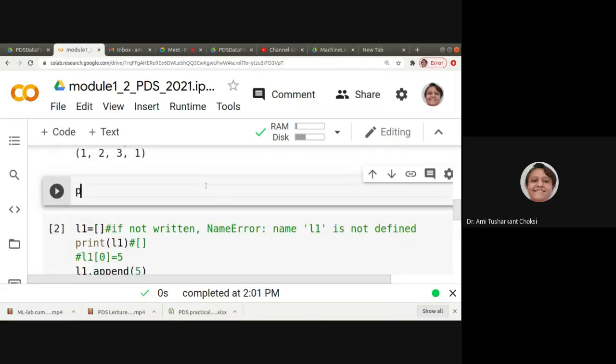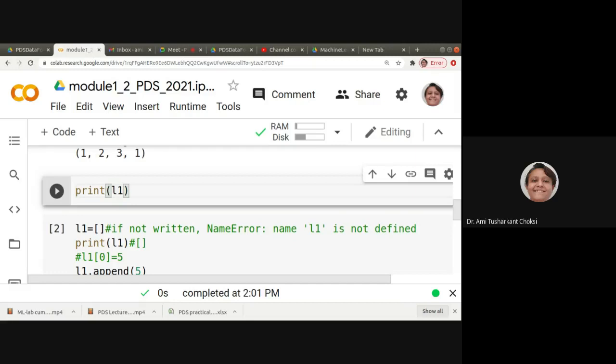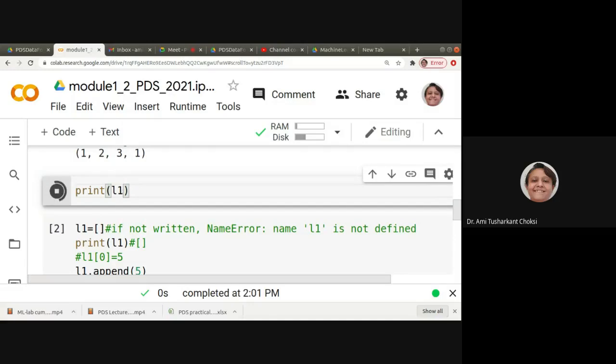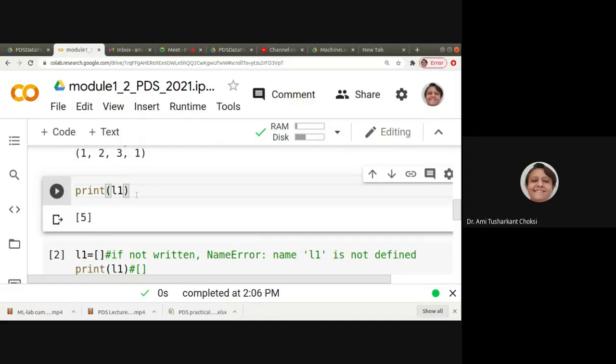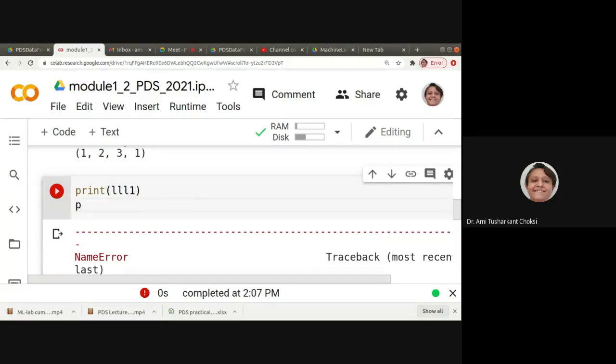Let us say print, but it should be defined or not, whether we have already used. It is available. So let us have, say, LLL1, that we haven't used. For that, I am pretty sure. So it says name error, right? What I mean to say is the variable, maybe a simple variable or list variable or tuple variable, if I use it directly, it gives me an error, that is a name error, right?